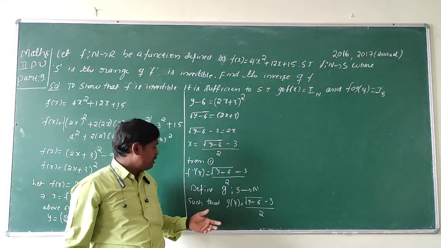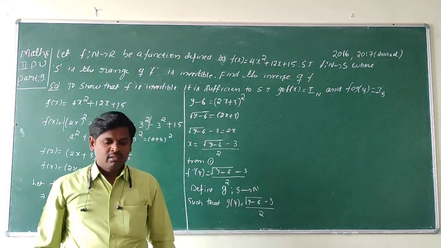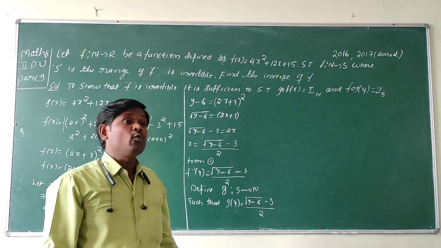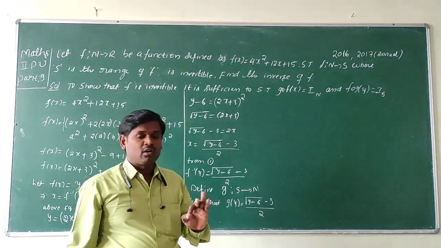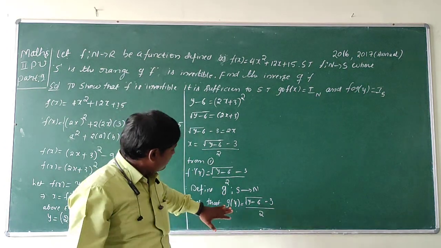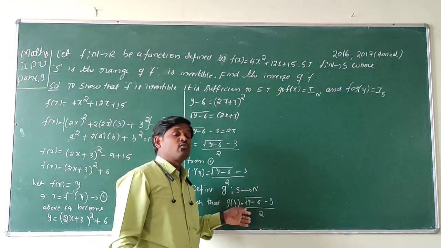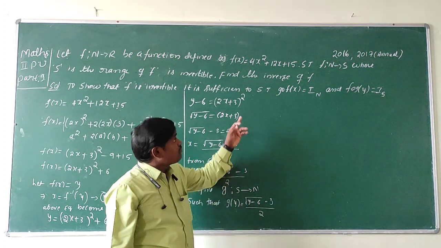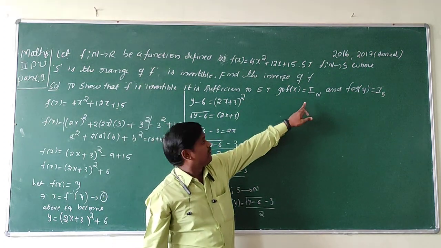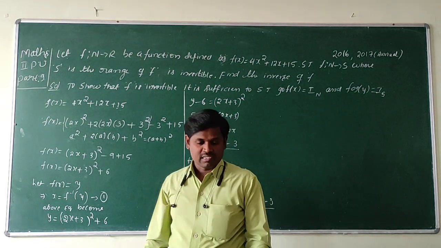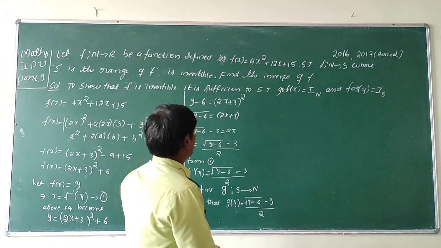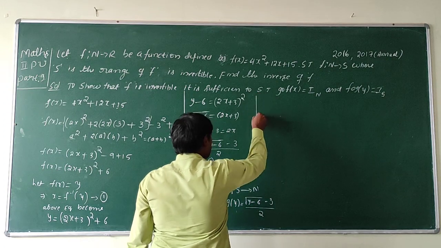Okay, so we are going to define another function g of y. Now we are going to verify whether the function g of y is the inverse of f or not. For that we are going to verify whether g circle f of x is equal to the identity function of N and f circle g of y is equal to the identity function of S or not. Okay, so the first one is,